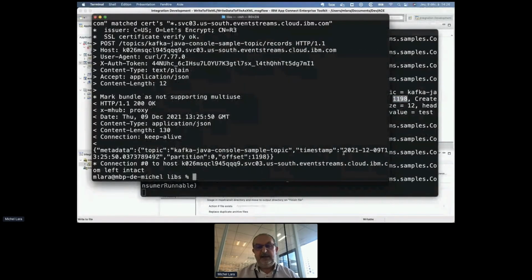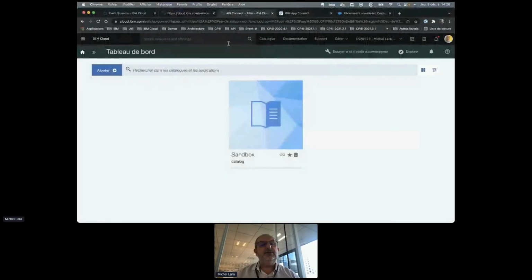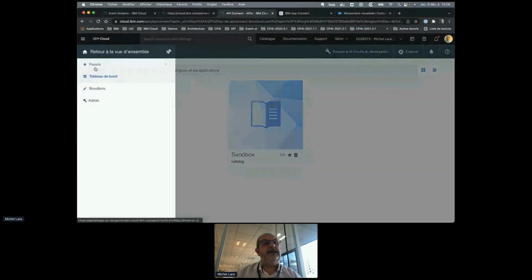Okay, now the second stage is to create an API to post on Kafka, a REST API. It's very easy to do. I will show you. This is IBM API Connect, the IBM API management solution.